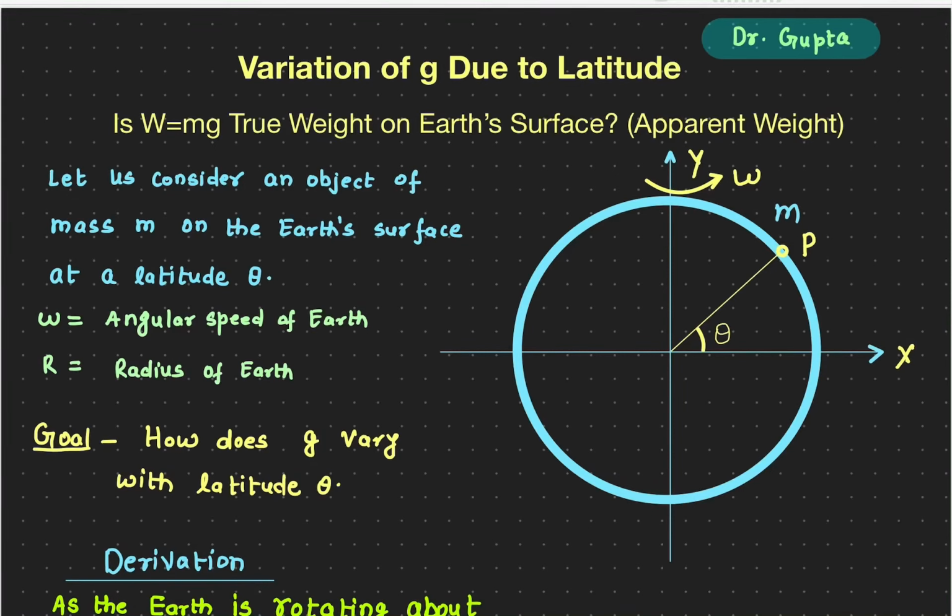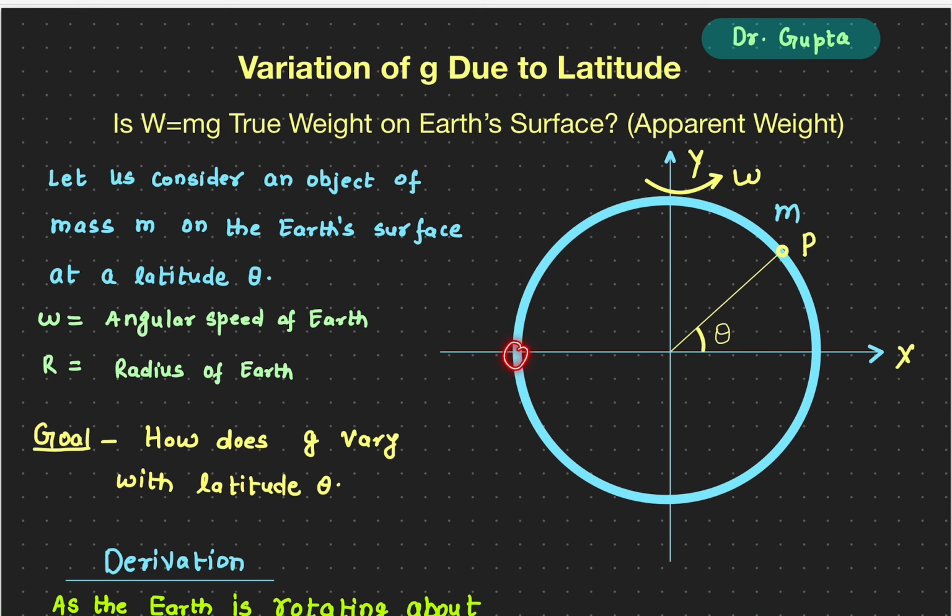Good morning, everyone. In this video, I will discuss the variation of acceleration due to gravity due to latitude. So, what is latitude? If you look at the Earth, let's say, for example, this is the Earth,